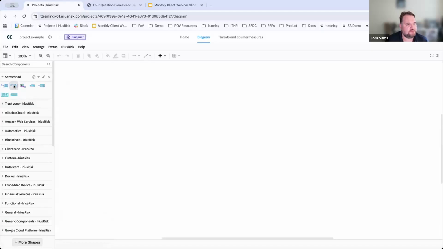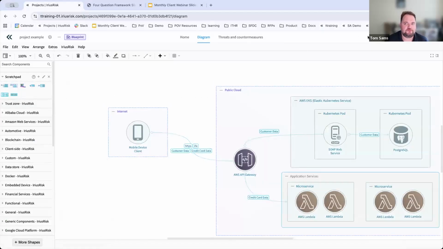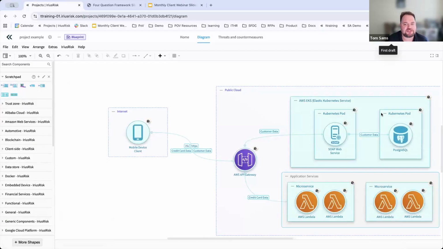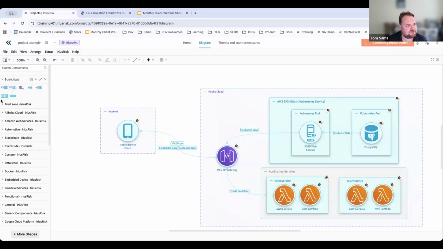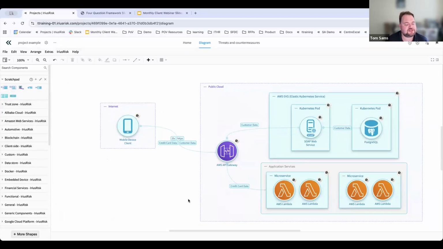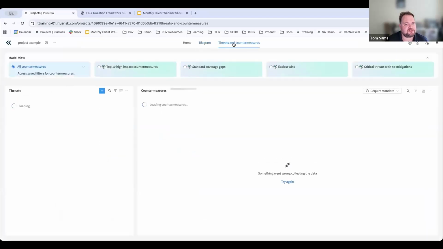So I'm going to drag in one of my applications from the Scratchpad. Cool. So again, the Scratchpad can be quite powerful, but it is limited to just that individual user, which is actually a great thing. It's good to be able to save and store your own individual items that you're regularly using without having to change other people's. As you can imagine, this could fill up pretty quickly. So I created this just to save time. And actually now, if we go into threats and countermeasures,